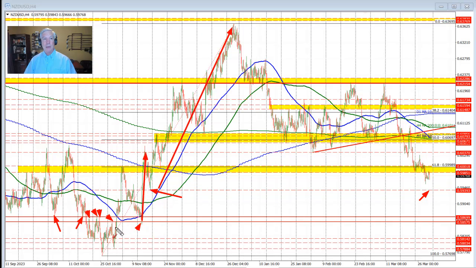So this area right through here is going to be another key target on the downside if the momentum continues for the New Zealand versus U.S. dollar to the downside, with between 0.5857 and 0.58698. So sellers remain more in control below this area with the 39 level, and then down to the 58.57, 58.69 area on the downside. Now, if we do get back above the 60 level, it changes the bias a little bit more to the upside,